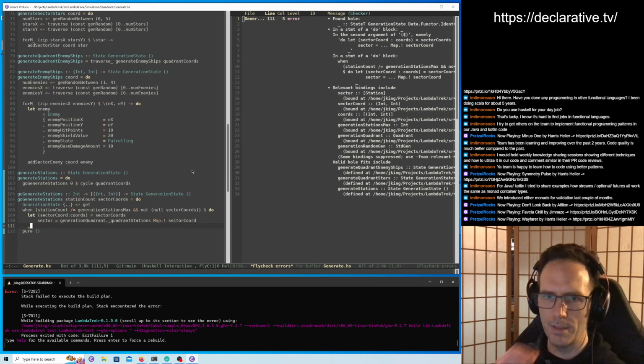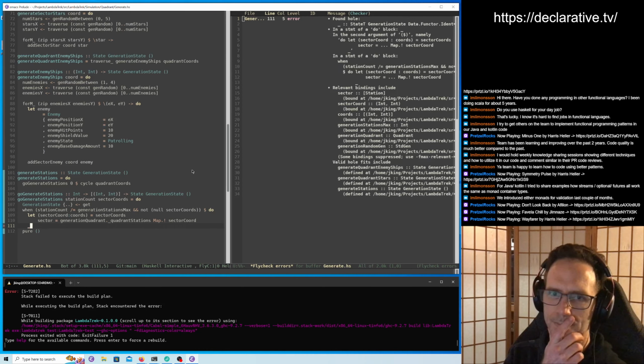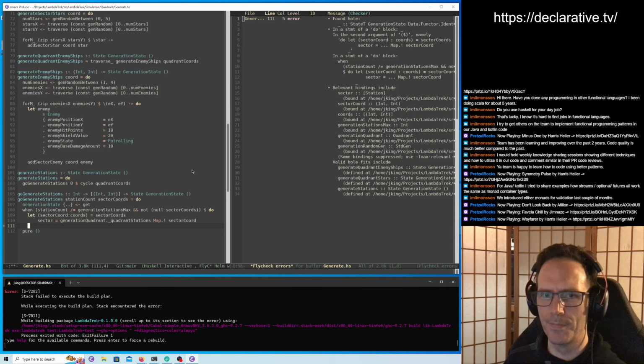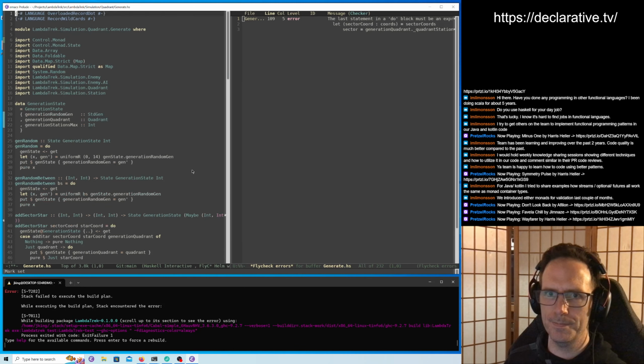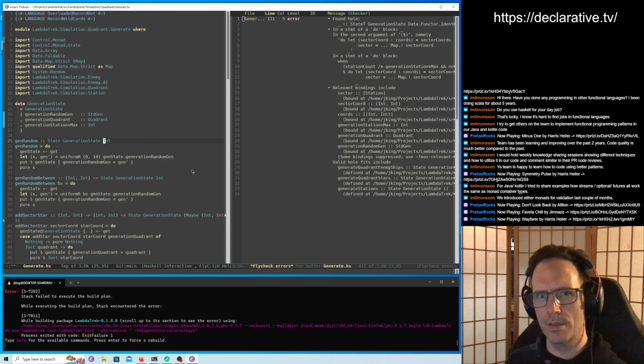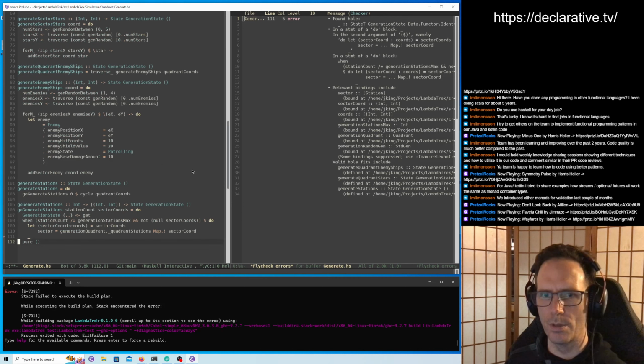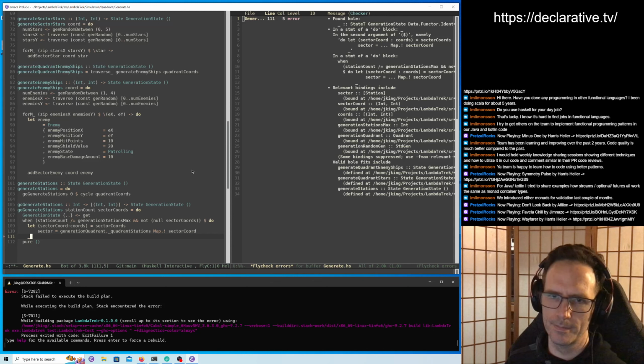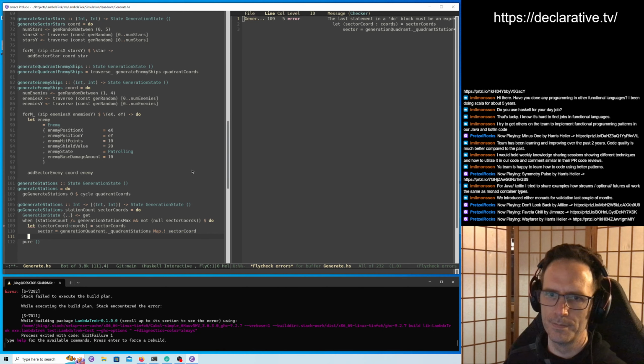Okay, so now we need to figure out whether we're going to place a station here or not. Get our gen random here. Returns an int. Would give gen random between. We could do 0 or 1. Either or. So we'll